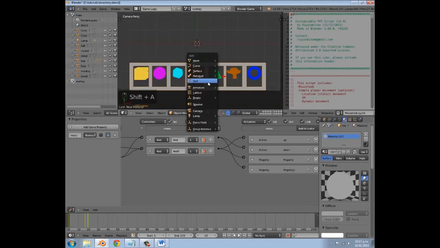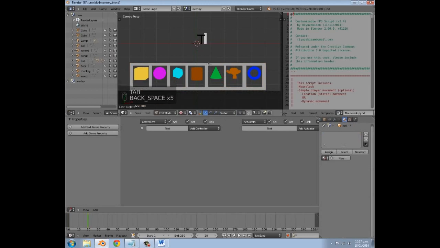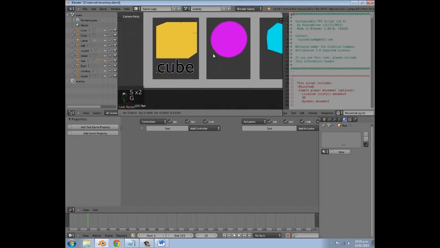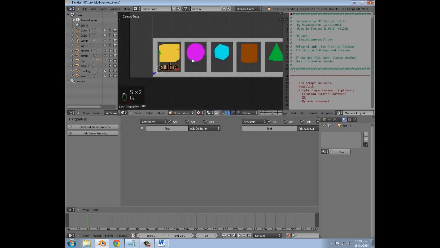Now we just need text for each of them, so we're going to add one here. We're going to add text, press Tab to go into edit mode. Then with the text you can now type whatever you want. So we're going to type cube for the first one, just giving it names again. Cube, there we go, and press S to scale, and you just want to get it fitting in the box, somehow like that. Then we're going to press Shift D, G, X, and this one's going to be called ball, there we go,